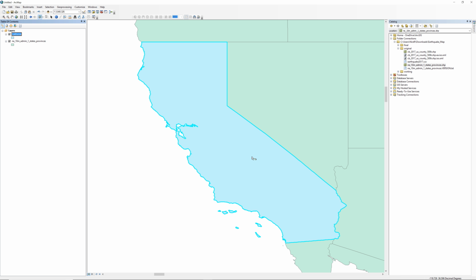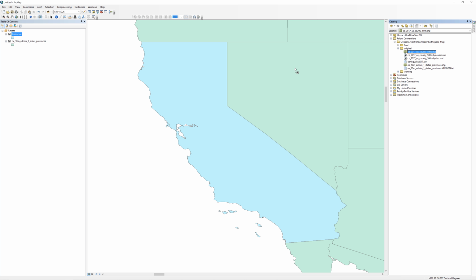The California layer gets added to the table of contents. On the map, California remains selected. Clear the selection by clicking on the Clear Selected Features button. Your map document now has 2 layers, one representing the state of California, and one that currently displays the surrounding states and Mexico. Add the shapefile that contains the county boundaries to the map.